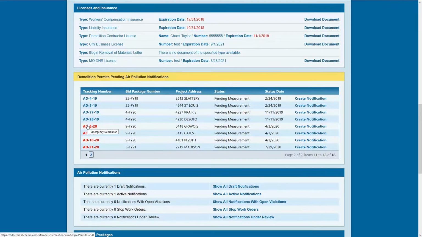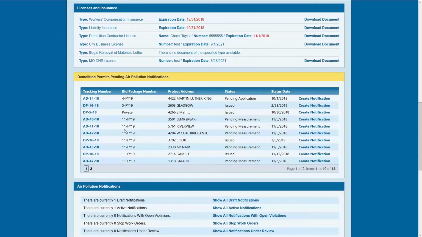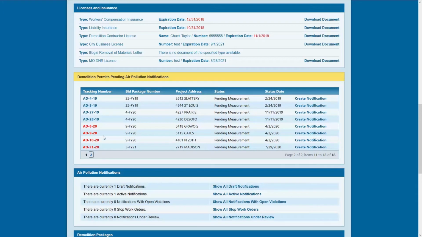And again, for any package, whether there's 3 addresses in a bid package or 7 or 8 addresses in a bid package, the current charge to submit a demolition notification is $100 per package. So how this works here is the very first notification you submit will have the charge on it, and all others in the same package will be 0. So you can start with any address, and let's just pick this AD 8-20, and we're going to create a